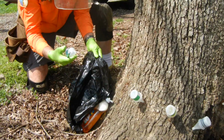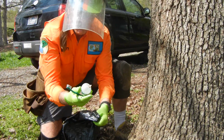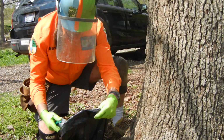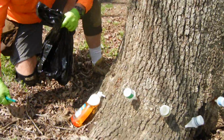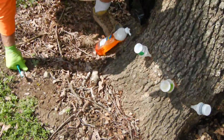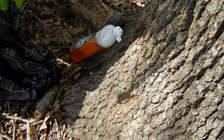This was the capsule that I had to strike this morning with an extra tap, and it's seated, and as you can see, it's all the way up. I have no evidence of leakage. I think I'm in good shape. I'm going to work my way around the tree, pull that out,